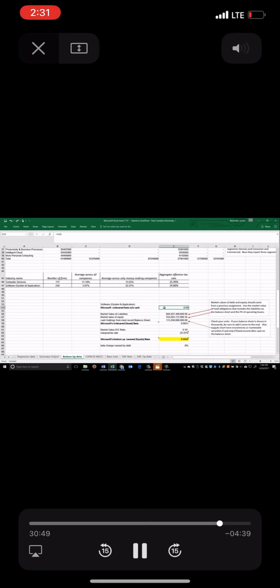The only people who would have a good case, in my opinion, for using your regression beta instead of your bottom-up beta are those who feel very unconfident. You lack confidence. There we go. Those who lack confidence in your choice of either industries to represent your betas or in how you've weighted